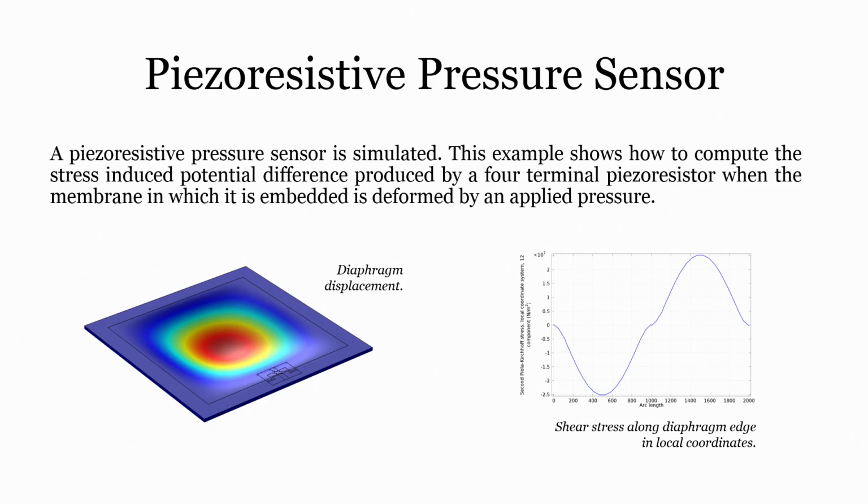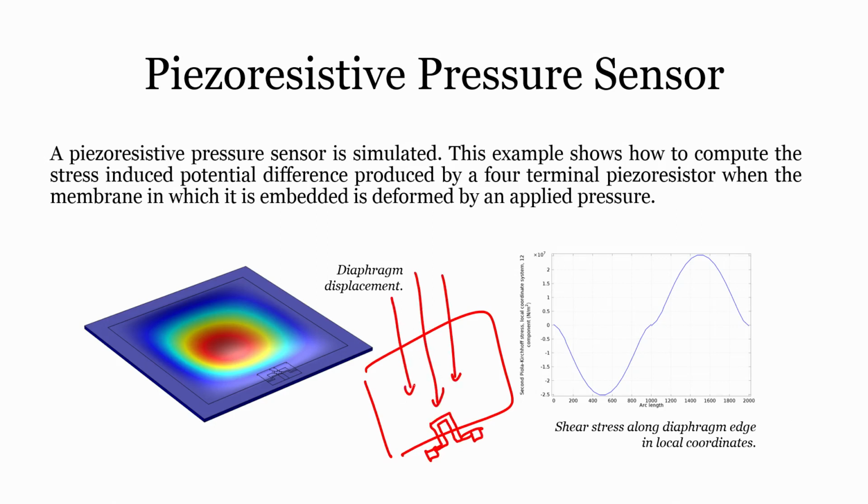Okay. Now, if I have a diaphragm, right, and I want to understand, if I apply a force, what is the change in the diaphragm. For example, a piezoresistive pressure sensor. Let us say this is the silicon wafer and I design my sensor, my sensor is here, okay, and I am applying a pressure or force on this particular chip.